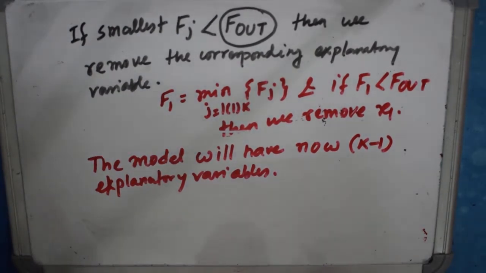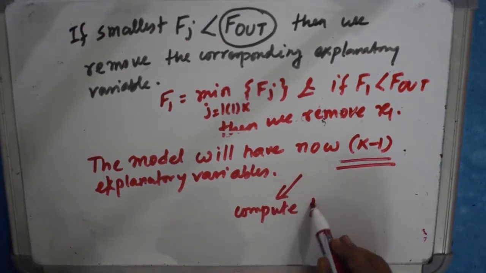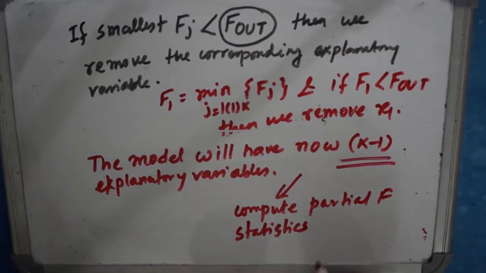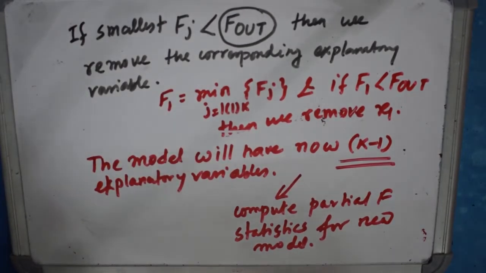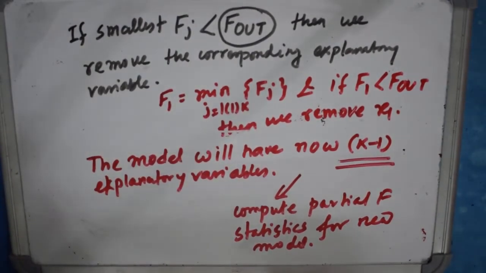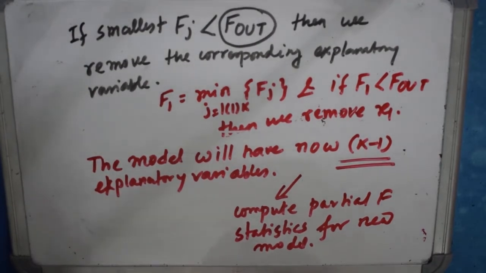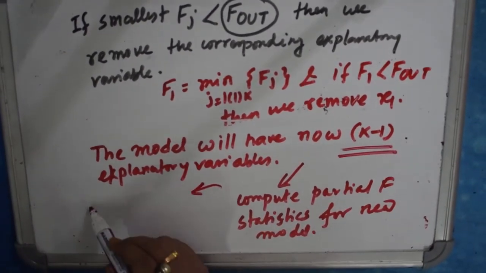Again feed the model with these k minus 1 explanatory variables and then compute partial F statistics for the new model, and then find the minimum partial F statistic, and if this minimum partial F statistic is less than F out, then we remove the corresponding variable. Suppose this happened in, for example,